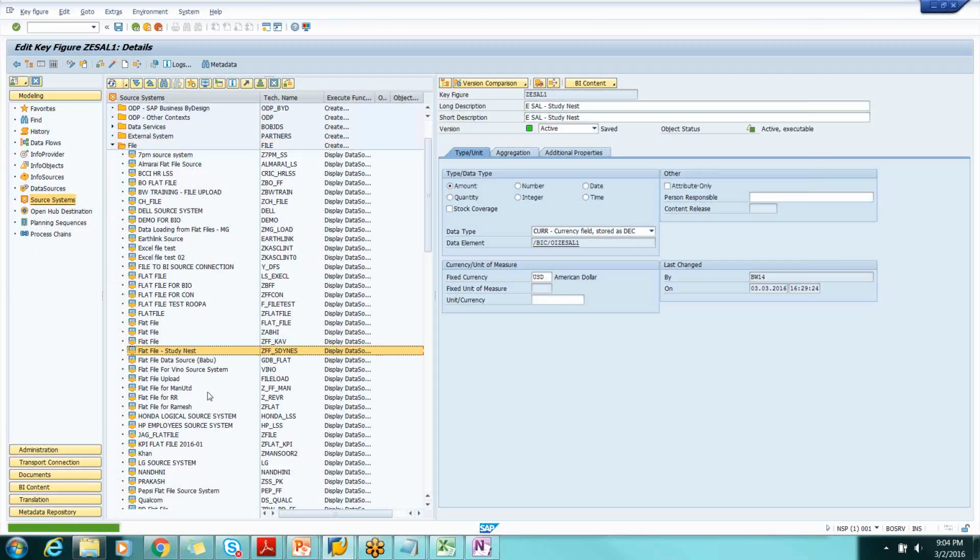Let's see. See, it's here. If you cannot see, you can just create. This is the file we created. The flat file source system name. So now the next step is to create a